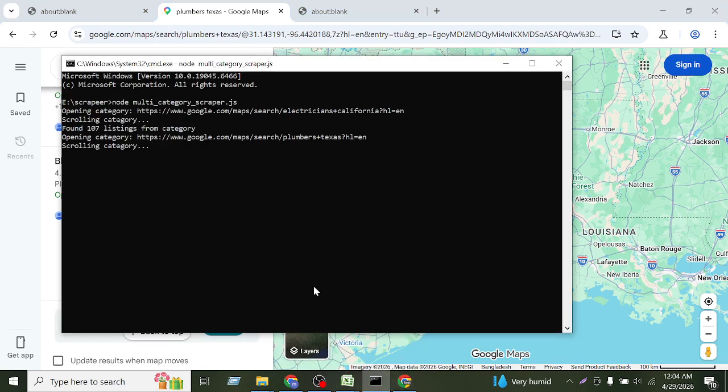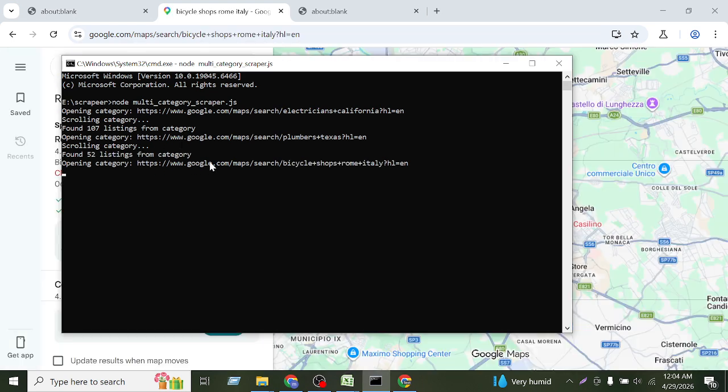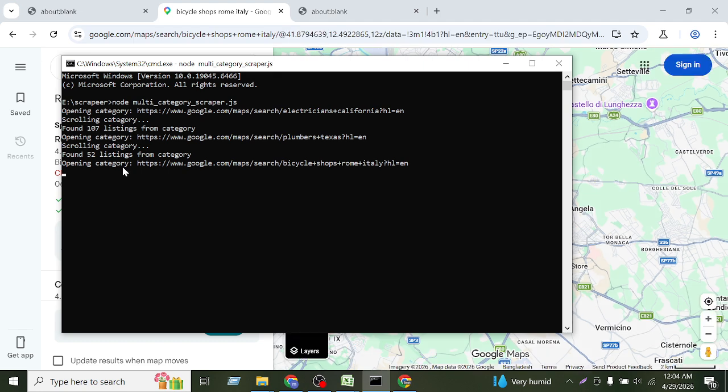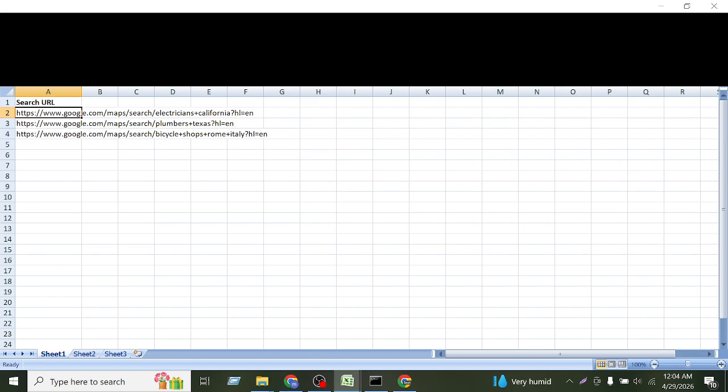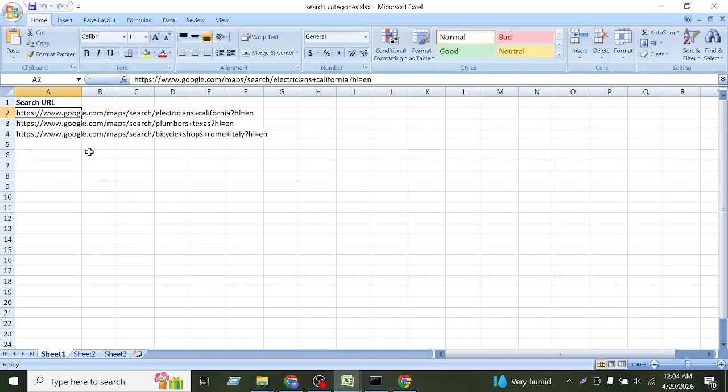And you'll see the update here: found 107 listings from the first category, then found 52 listings from the second category. Then scrolling the third category, because I have added three category links of Google Maps for